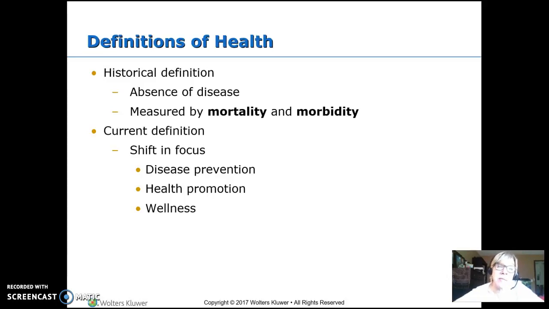Historically, we just thought it was the absence of disease, and we measured it by mortality and morbidity. And I have this highlighted just to make sure you know those words. Mortality is what people die from. Morbidity is what they get sick from. We have really changed that definition, and there's been a shift, and now we look more at disease prevention, health